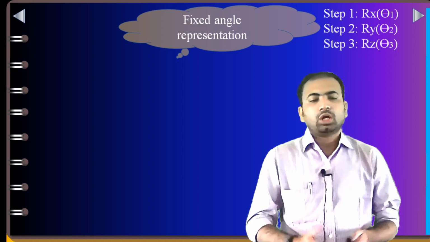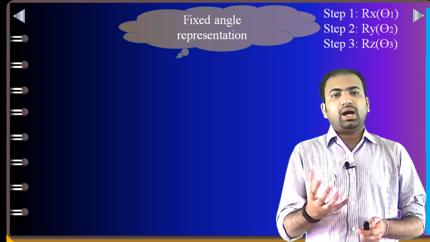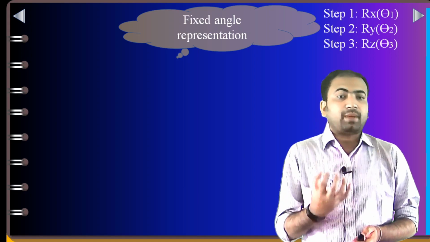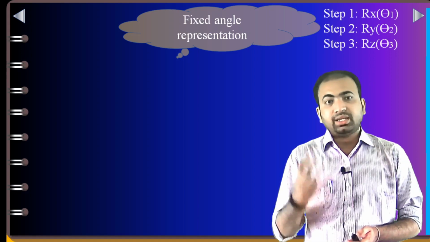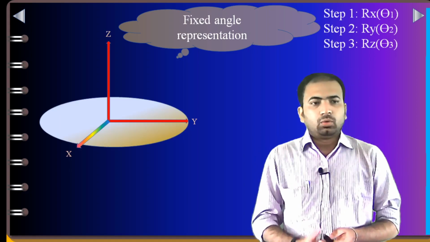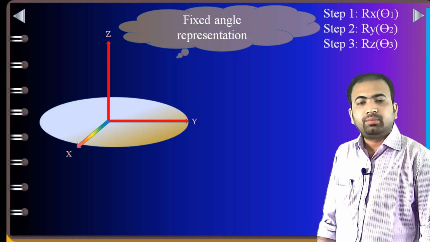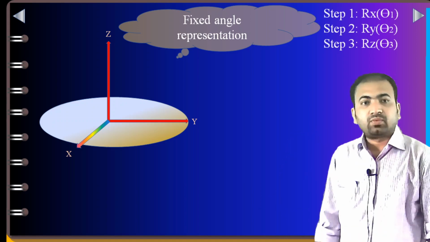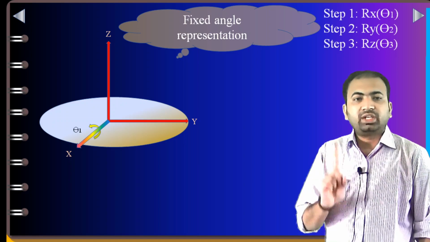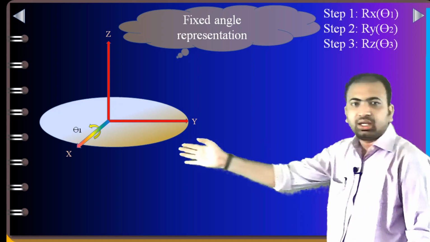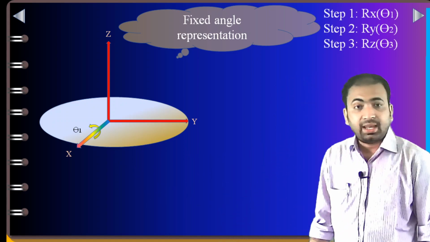So these three steps we have to perform, and then we need to find out the output in terms of a matrix which will represent the position and orientation of any object in space. Then we have chosen one frame which is XYZ, as you can observe. We can name it frame 1. Then, as I have said, first we have to perform a rotation about the x axis by an angle theta 1.